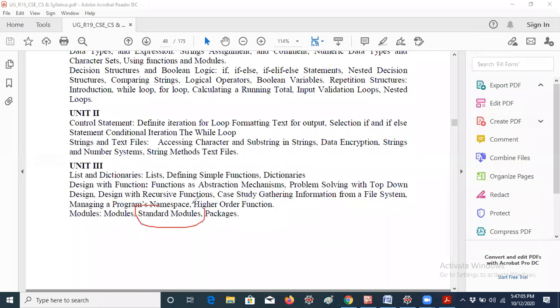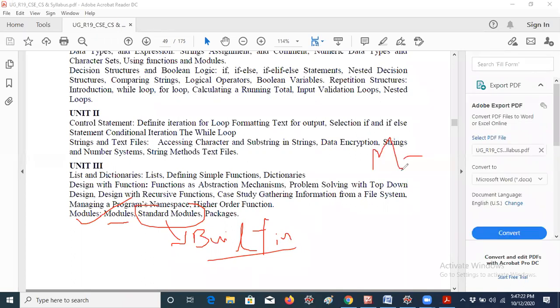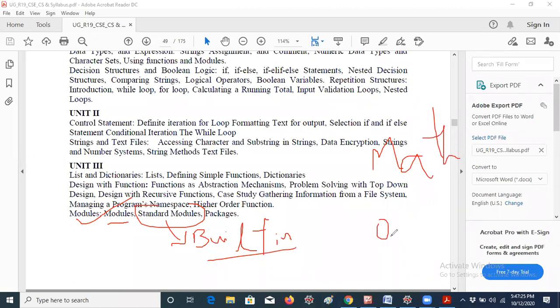Okay, standard modules, that means modules means I'm just telling how to create a built-in. That means I have to create custom modules. Here standard is nothing but built-in modules. But anyway, I have already covered this in the month of September itself. Like math module and operator module, we have already studied, right? And apart from that, when I was telling about cryptography, that means the data encryption topic, I have covered the Fernet module, and in the text files concept, we have covered one more concept, the OS module also, right? So this is the concept actually.